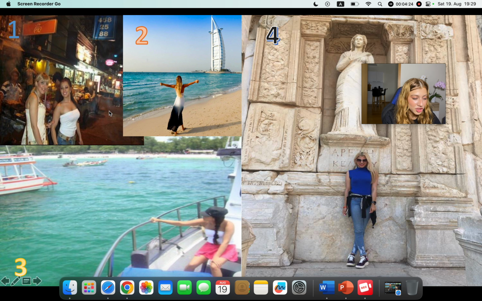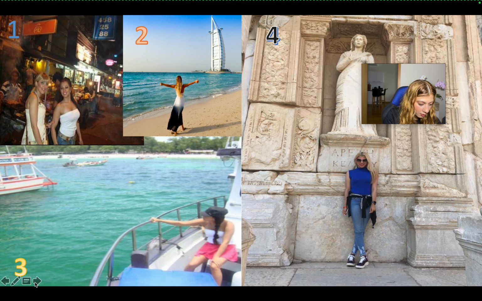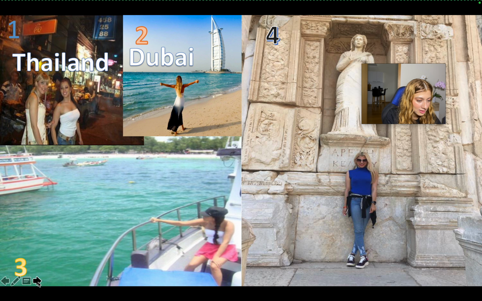So they're just going to guess, and then I'm going to say, okay, this is Thailand, Dubai. By the way, the second picture is not me. Then Malaysia, and the fourth one is Turkey. So when they guess, say okay, nice. And